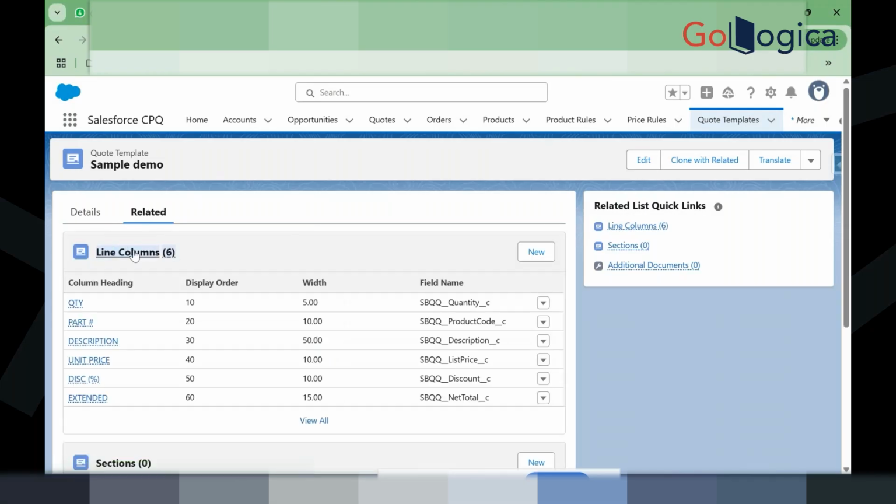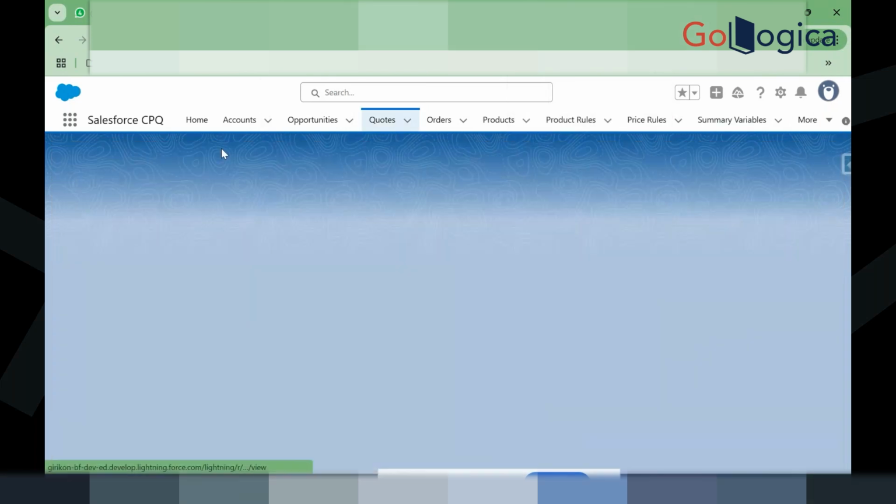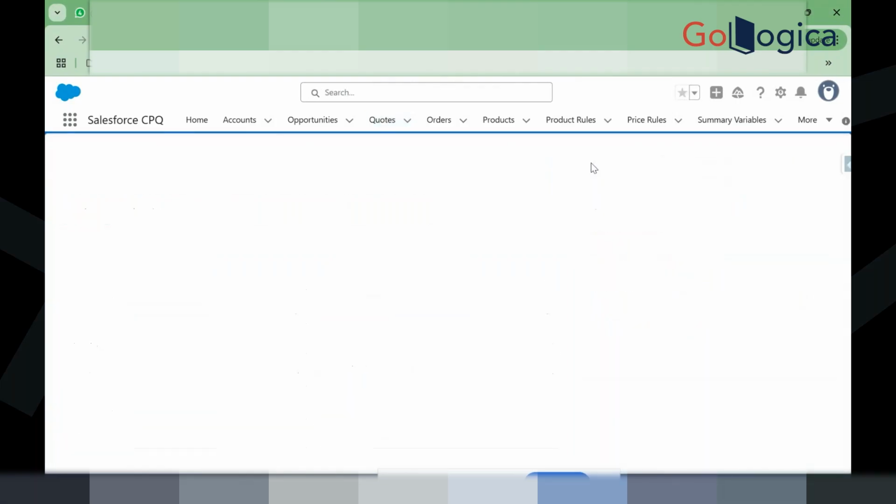So what does this mean? Any idea? Maybe the display order. No. So if I open this, so if you open a preview document,